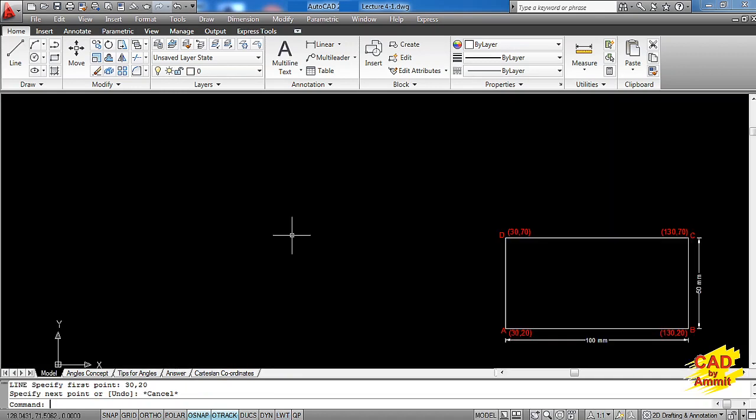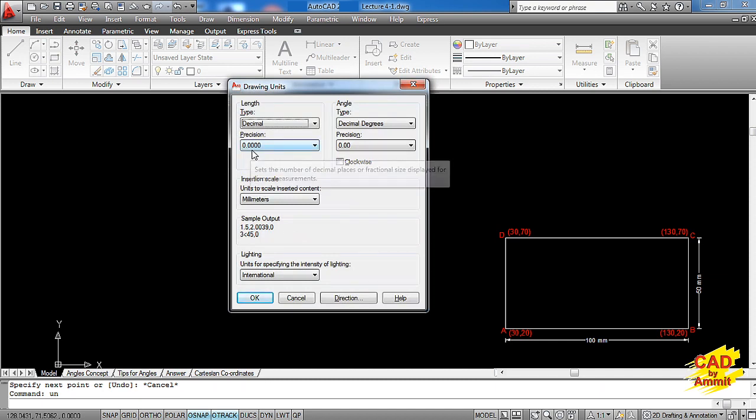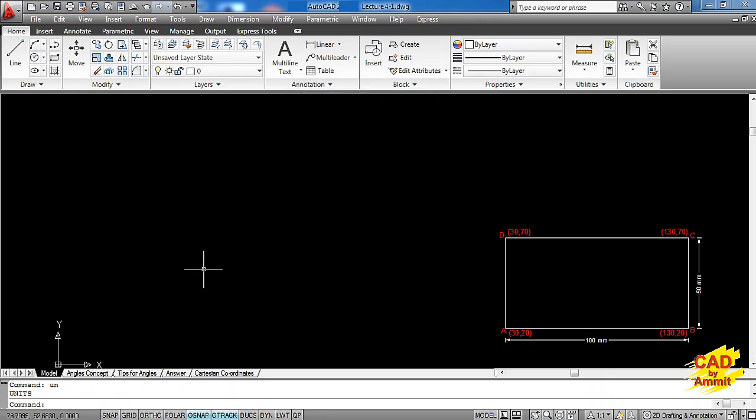Friends, before we start making the drawing, we have to set the units first. So I go for the UN command, which is a shortcut for the units command. Here the length type is set to decimal, precision is okay, angle type is okay, and insertion scale is also set to millimeters. So I say okay. And then afterwards we set the limits command. Lower left corner is set to 0, 0 and upper right corner is set to 250, 150. So this is also fine. And after this we give zoom, enter, all, enter. So all is set.